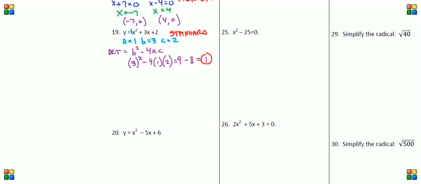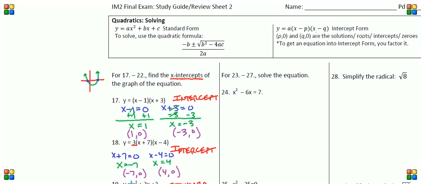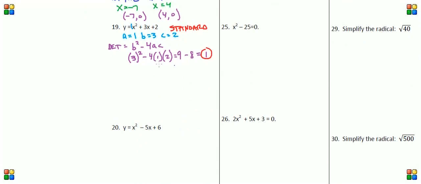Now all we have to do is plug that determinant into our quadratic formula, which looks a lot nicer now that we've already figured out the b squared minus 4ac. If you look up at the top, you can see that's this value right here. Now we know what's going to be in the radical. It's going to be the value of 1. Let's solve now for our x-intercepts. So our x-intercepts are going to be